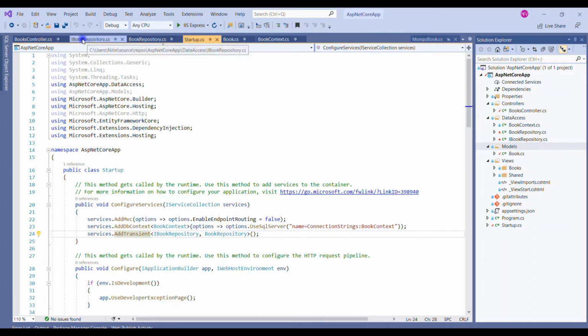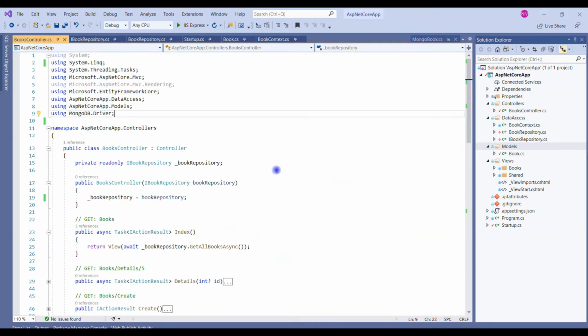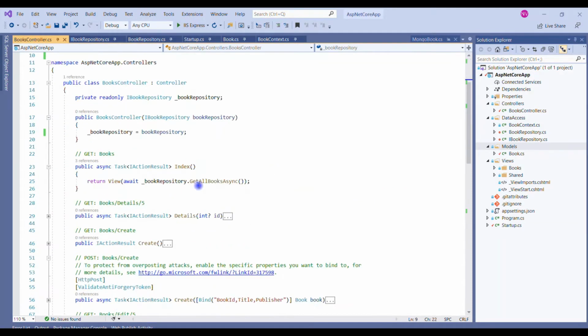One more important thing: because we have generated the Entity Framework auto-generated controller, you can see all of its methods are of async and await type, and they also expect results of the same type. So we have to implement the repository in that way so we can get the awaitable result that will be suitable for all these asynchronous methods.